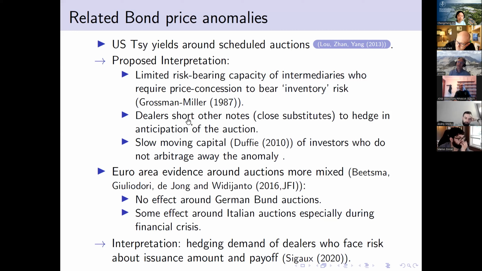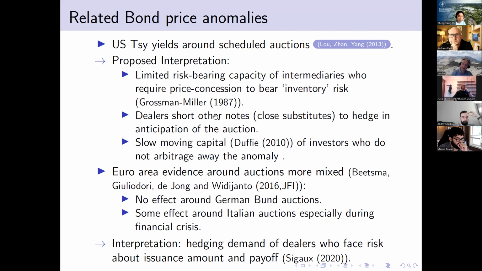Although there might be some links that I'll try to discuss later: how do these dealers actually find the bonds that they sell to the ECB? They might need to find them and finance themselves. So there might be some link to financing costs to locate those bonds that they're going to sell to the central bank. And that may be one mechanism. However, if we think that on average there are lots and lots of banks with German bonds on their balance sheet, then this risk story seems to be less applicable to our